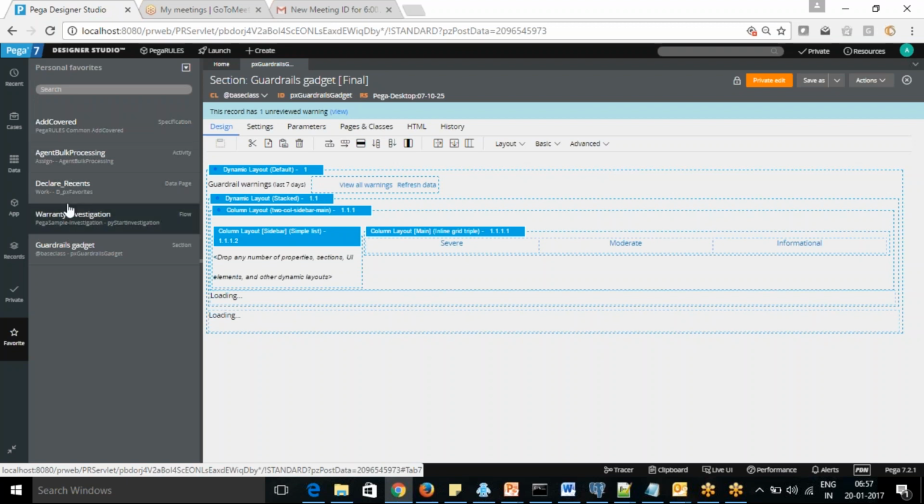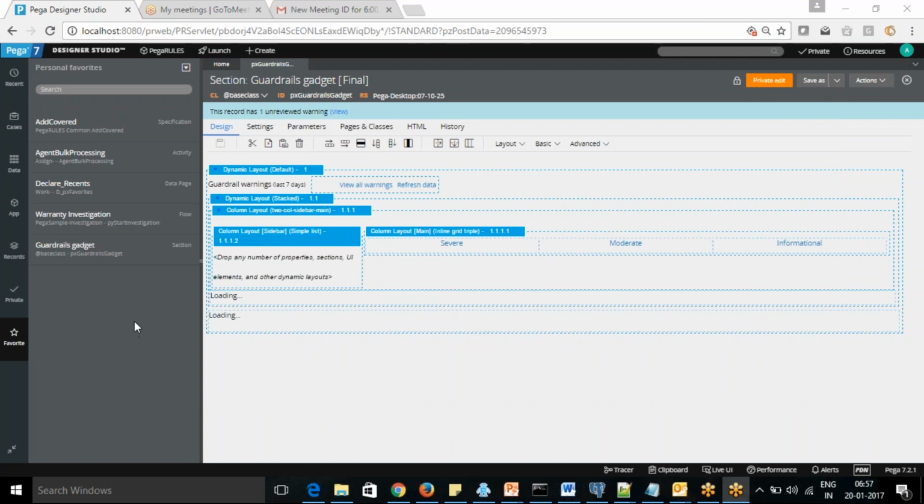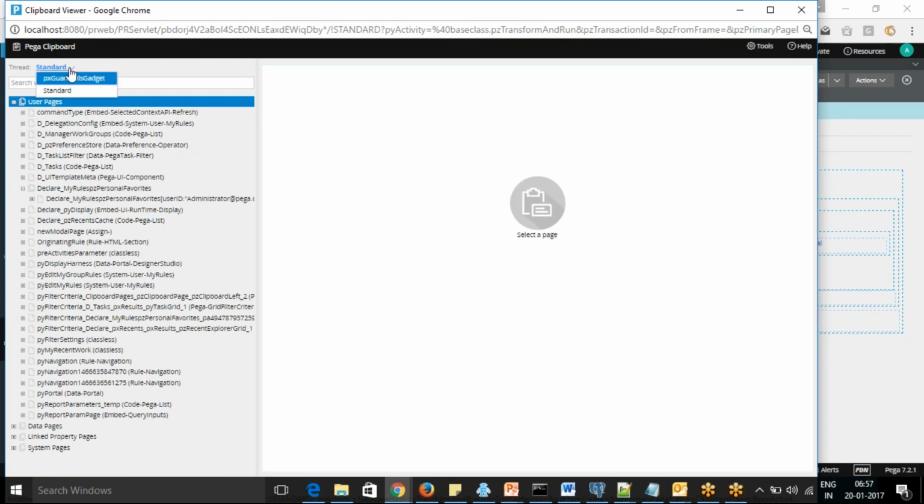So if I log out, I can see this. Normally it happens instantly, it should run instantly. Like for recent, if I added recent, it was shown at the same time. Currently I have not opened anything, so actually only two trades are there: one my Cardinal gadget and the standard trade. Okay.